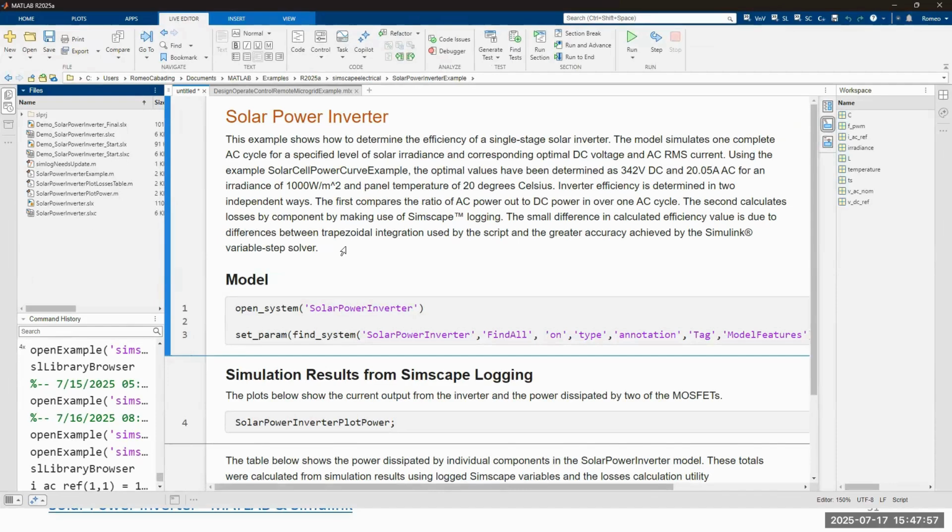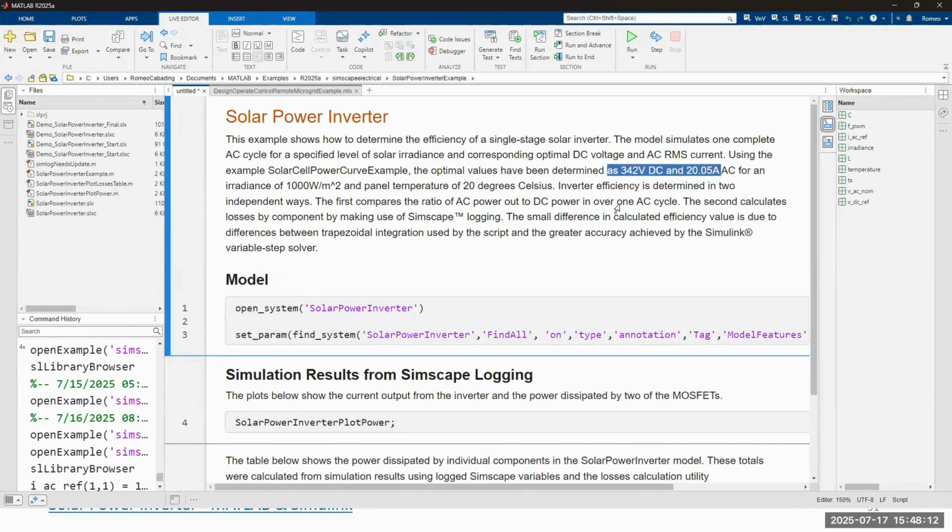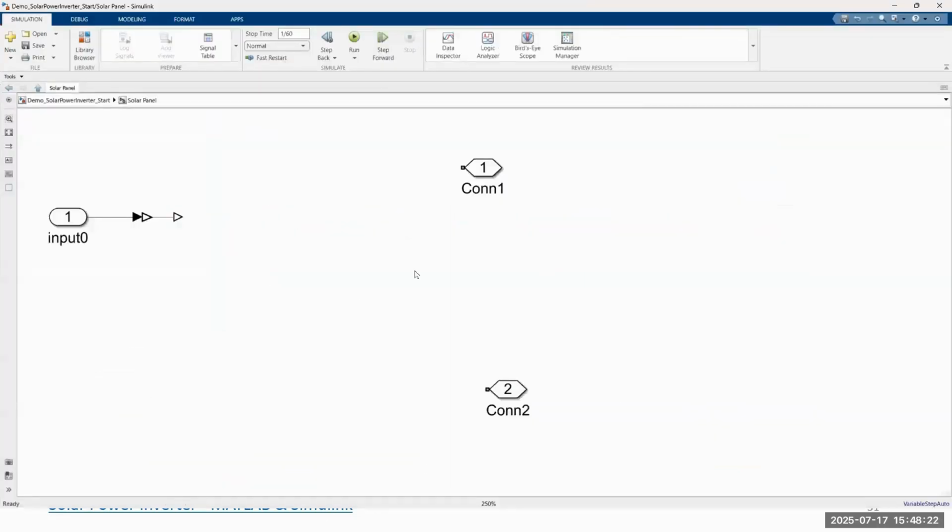So from DC, we convert it to AC, which drives the grid, a single phase grid. So you can see that we can generate the voltage and the power from the solar panel, and then eventually get power into the grid. Let me show you this example, and then maybe one by one we can do the parts.